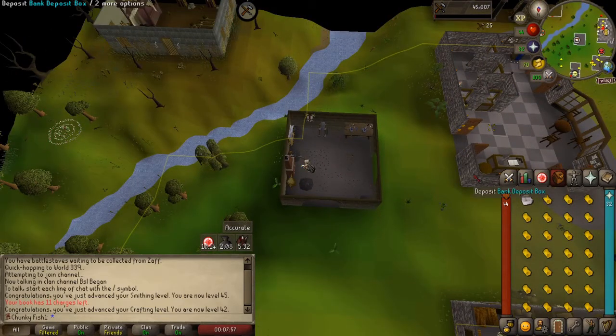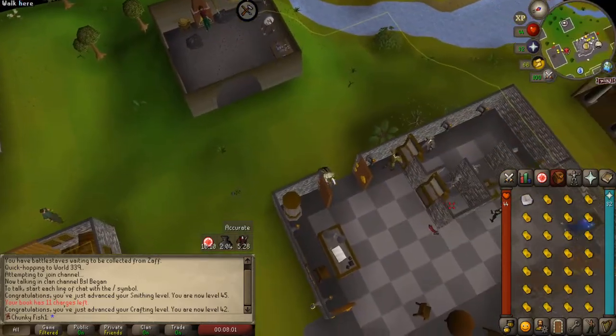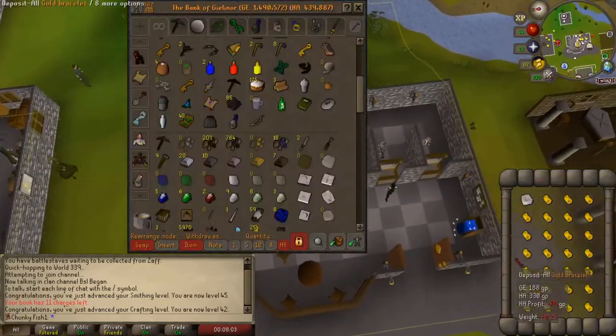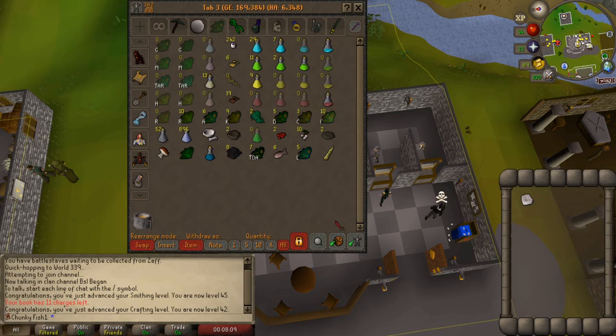I'm pretty sure I just have to go to the Fishing Trawler to do everything, because I have to make him fish cakes. But I'm going to do all this, and I'm probably going to stop up and go stock up on runes, because I am kind of low on mine runes and stuff. And I need to get